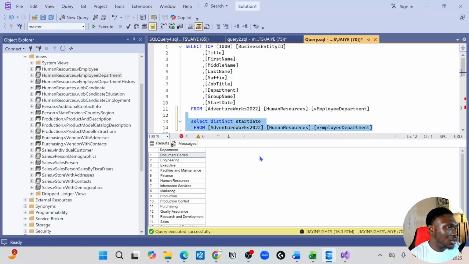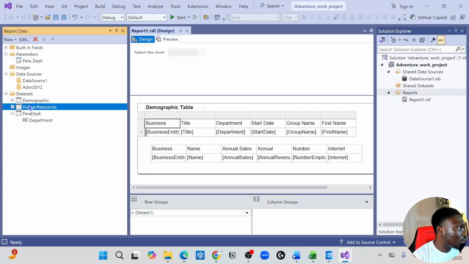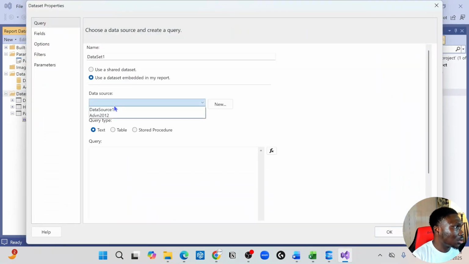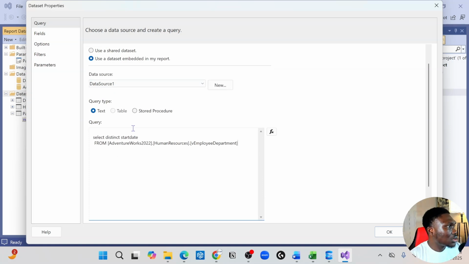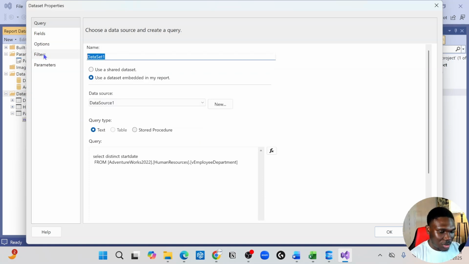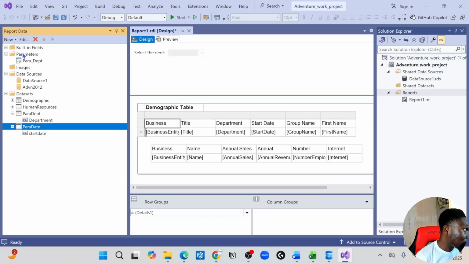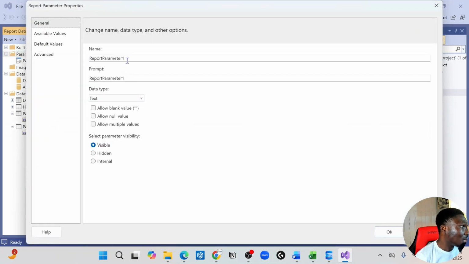So we copy that, and we remember this is the wrong way, so we click on the data set, add data sets, use a shared data set, data source. We copy this, and we name this para dates, right? So we have that, and we click on OK. So now we want to add our date parameter, add parameter. We call our parameter para_date. Remember, it just depends on you. Select a date,